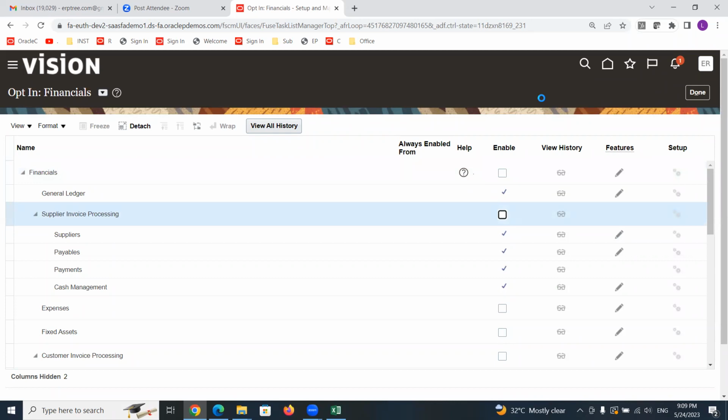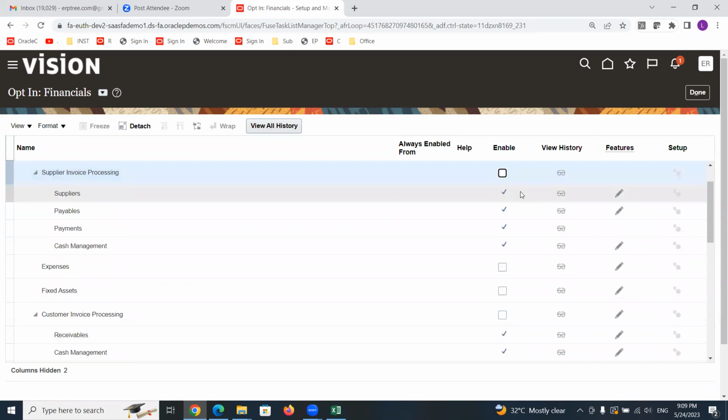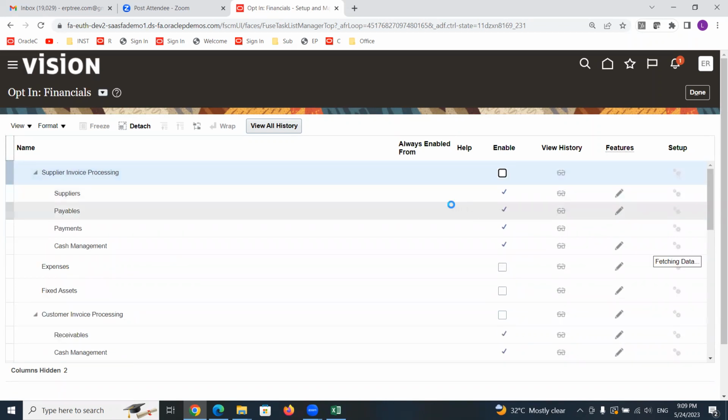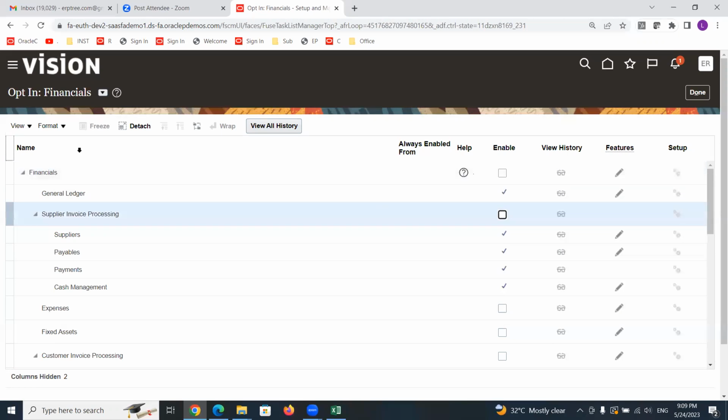If you go to a fresh instance and come to this page, this is how you can see everything as disabled. You can notice the general ledger application is enabled by default. You don't have any scope to enable or disable, you don't have any option. By default, that is enabled. If you want to use the financials application, without the general ledger application you cannot use financials. If you enable financials, automatically you will get the general ledger application. You don't have any choice to say yes or no. Without general ledger, no financials applications you can use. That is the foundation for financials.